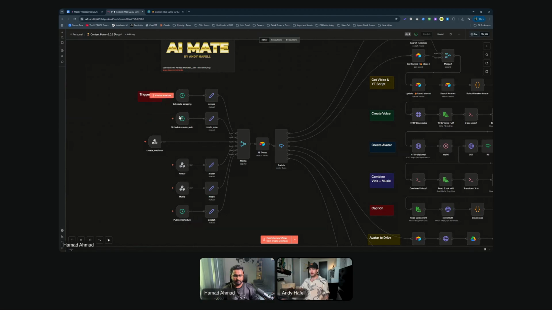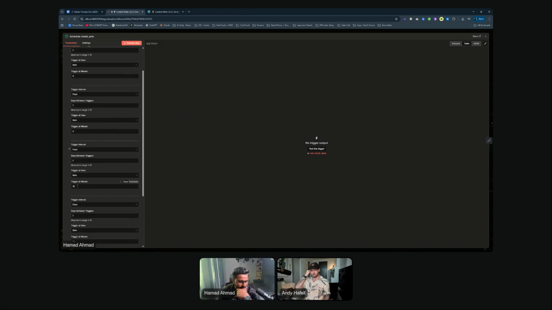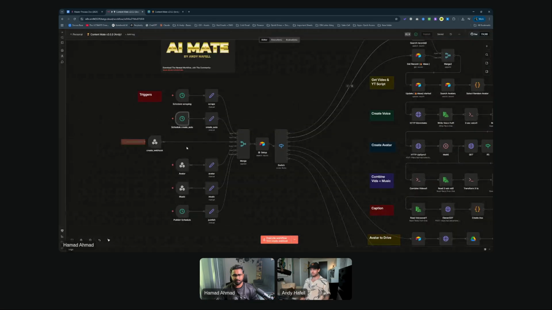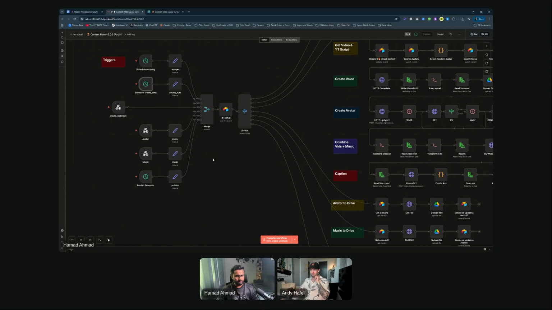And if you double click on that schedule create auto, you can see on the left side that it is getting run at 8 a.m., 8:05, 8:10, and 8:15. And if you X out of that, so it has 5 triggers. If you just X out of this one by clicking escape, you can see that if you trace that path, the second path,